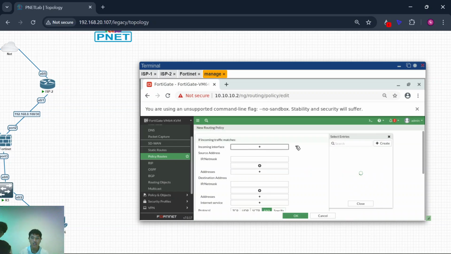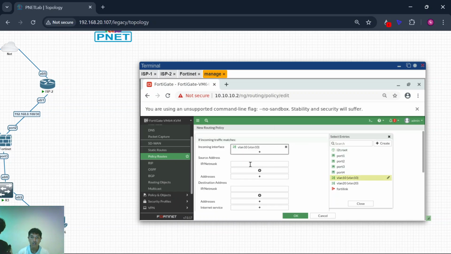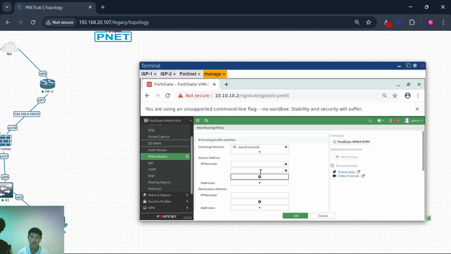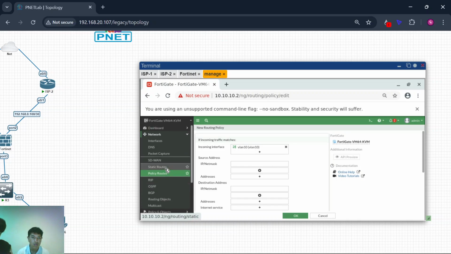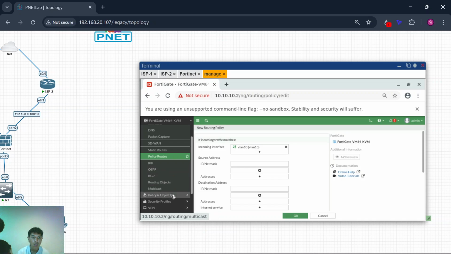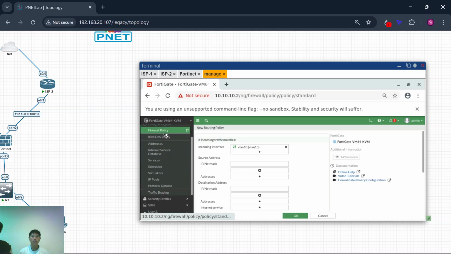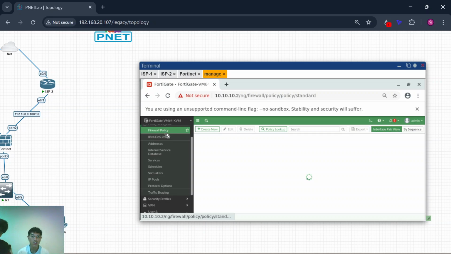Incoming interface is from VLAN 10 and source. No. Wait. You see. And oh, policy and object here, firewall policy. Okay, do firewall policy, not policy route.